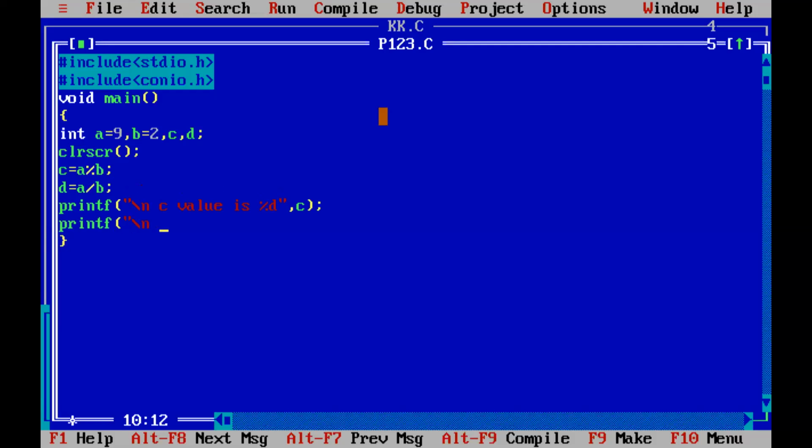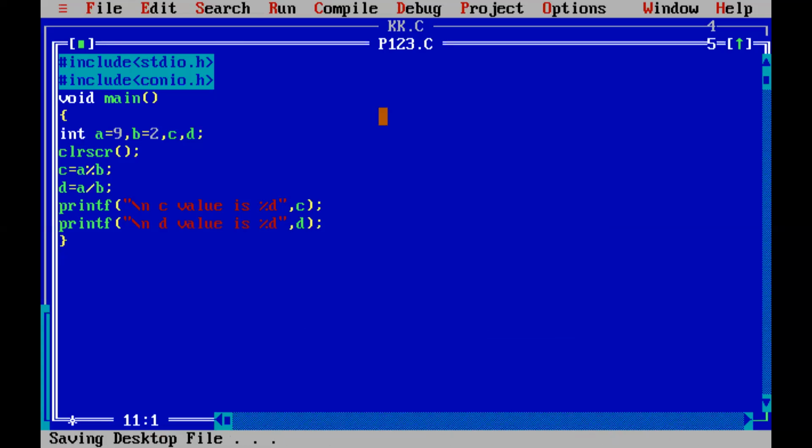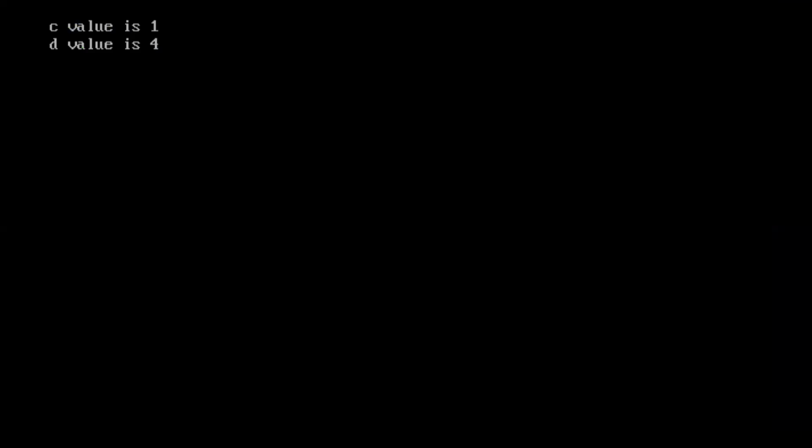D value is percentage d, comma d. Bracket close. Check the output. Alt F9, then Control F9. So c value is 1, that is modulus operator. D value is 4, that is called division operator. So this is your previous class.